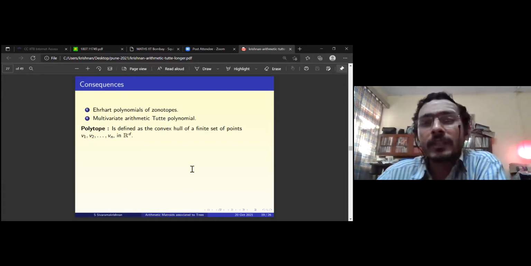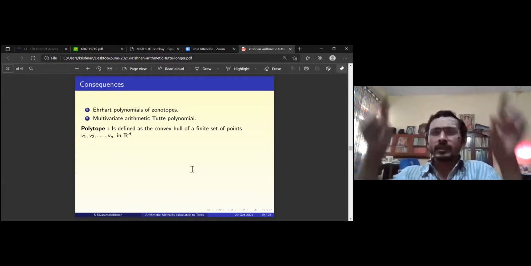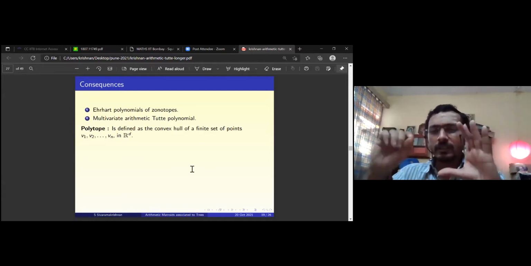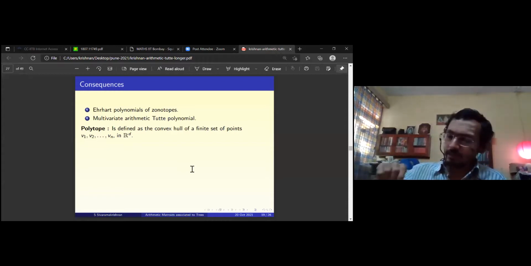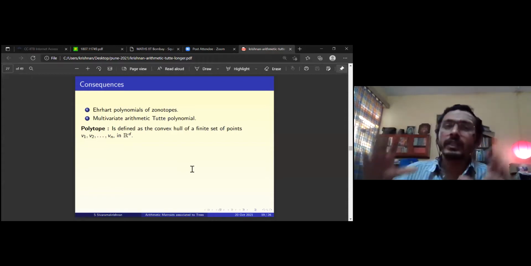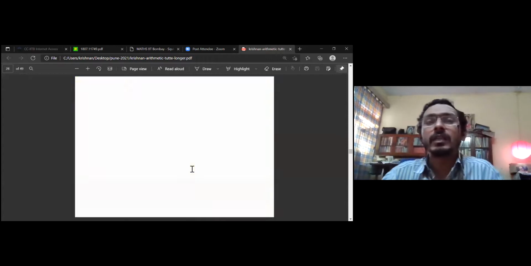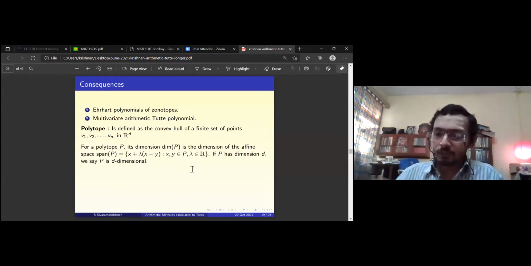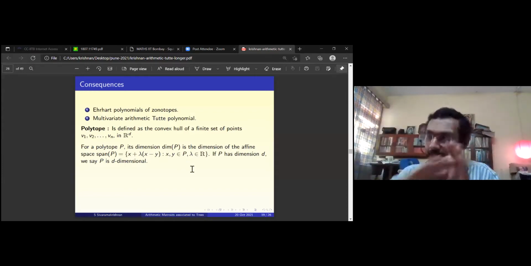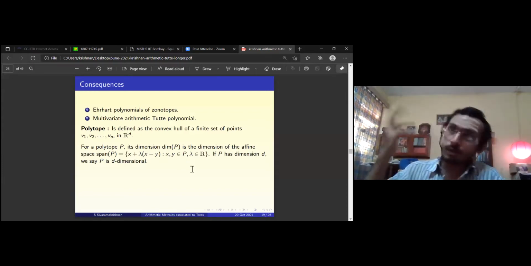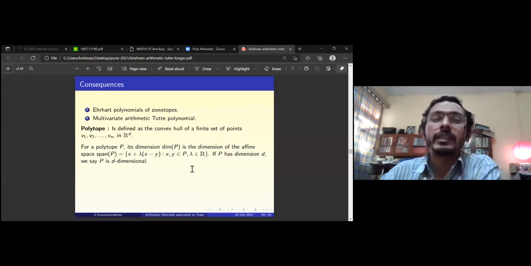So a polytope is defined as the convex hull of a finite set of points. Convex hull meaning you look at points in R^d. You look at the smallest set, you put a rubber band around it. All edges will then become straight lines. You look at the smallest convex set that contains these points v1, v2 to vn in R^d. So a rubber band is a good illustration on the plane. If you want 3-dimensional, you can put a rubber sheet. 4-dimensional, it's hard to visualize. It gets a little tough.